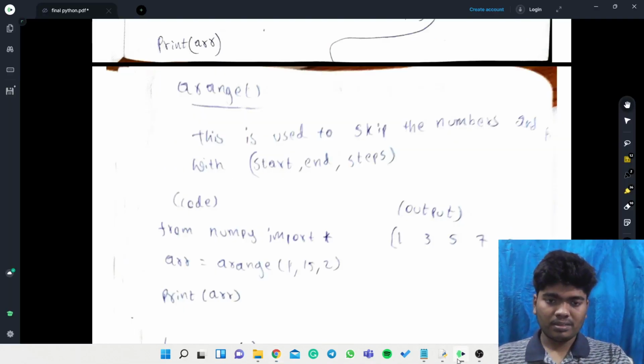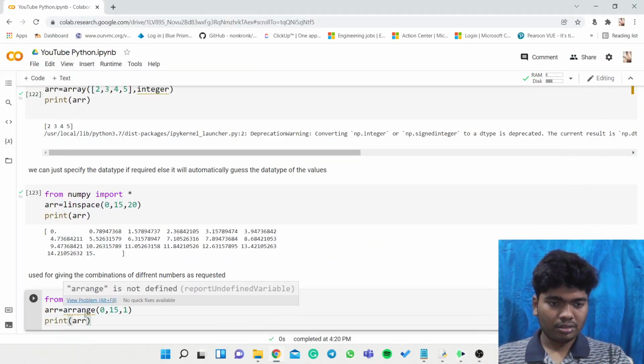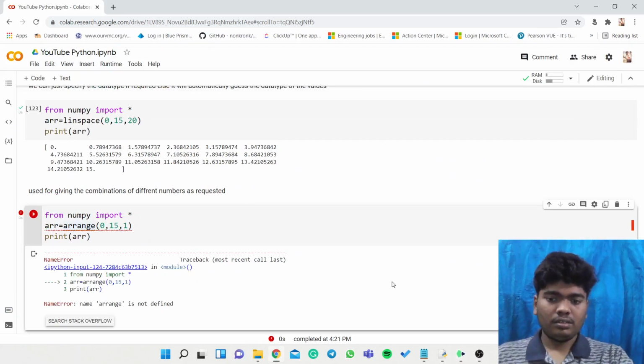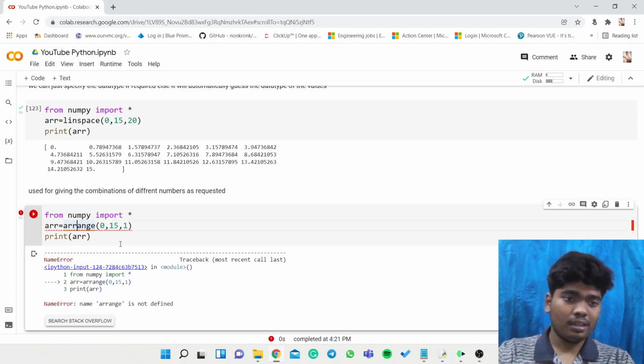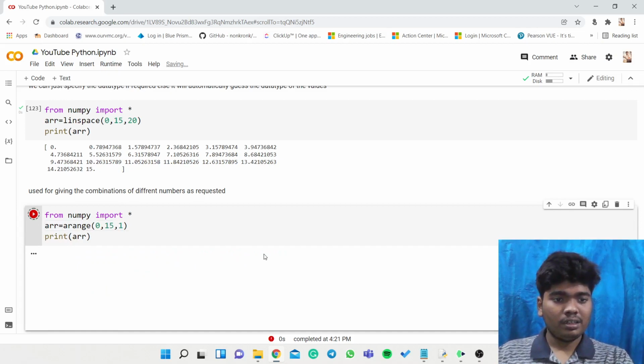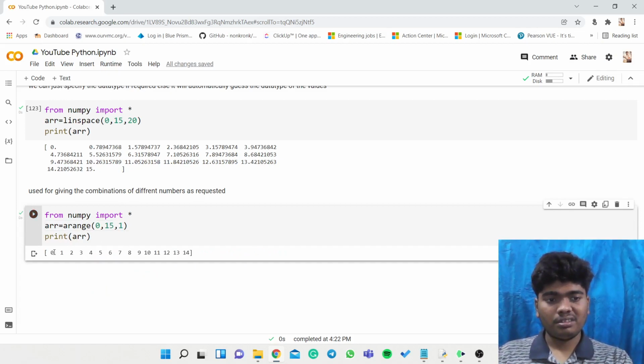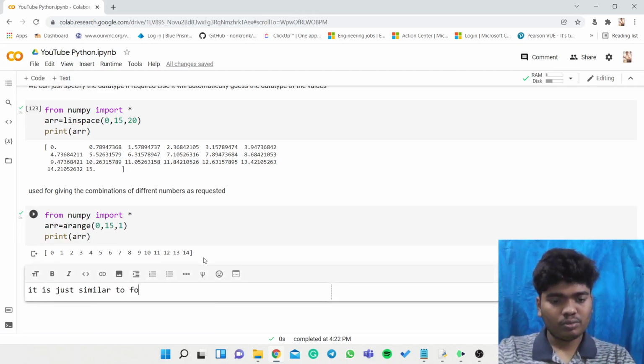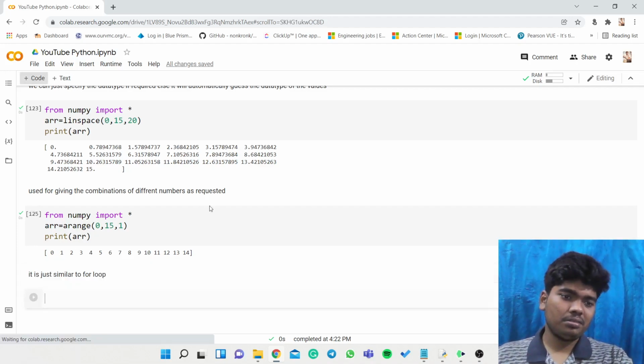I think the arange spelling is wrong. In English it is a-r-r, but now we need to write only one r. So arange, arange. It is just similar to a for loop, nothing much different.